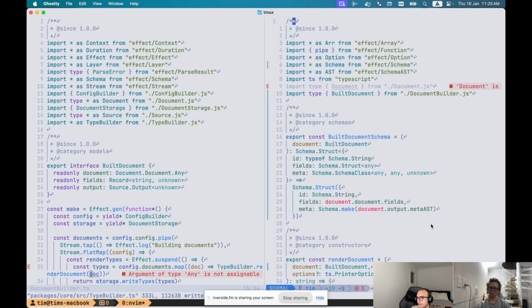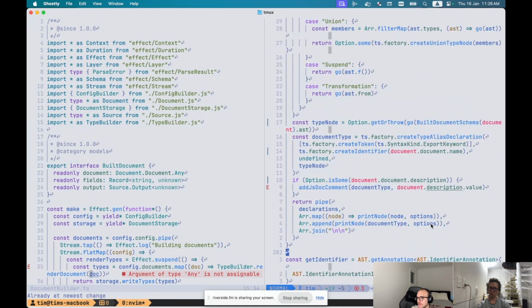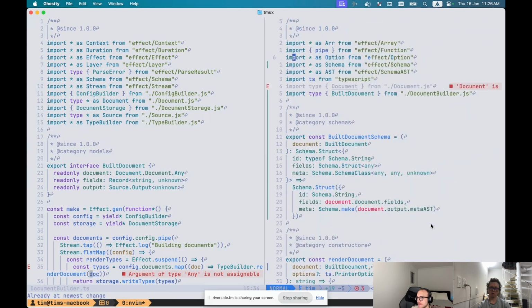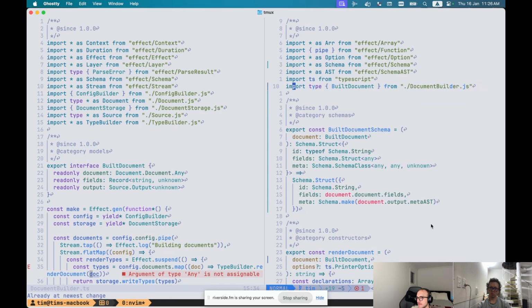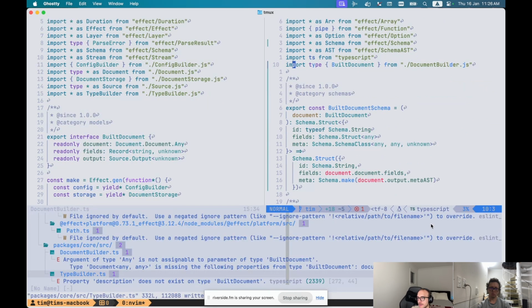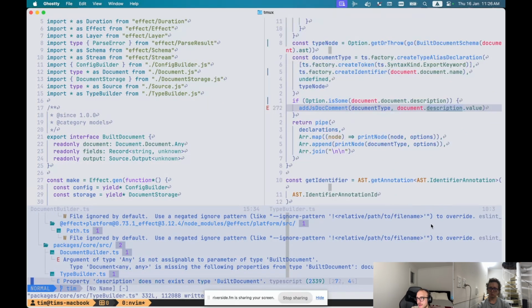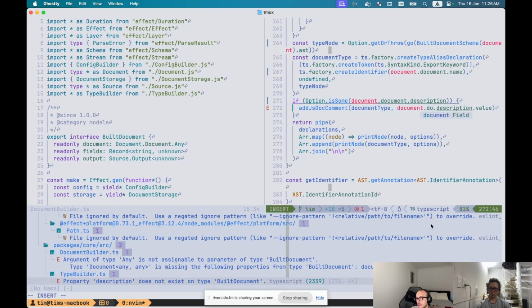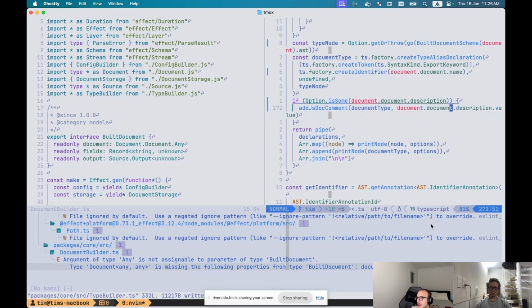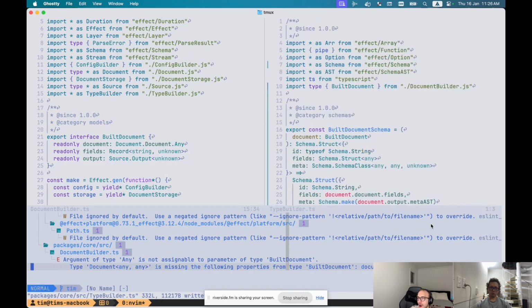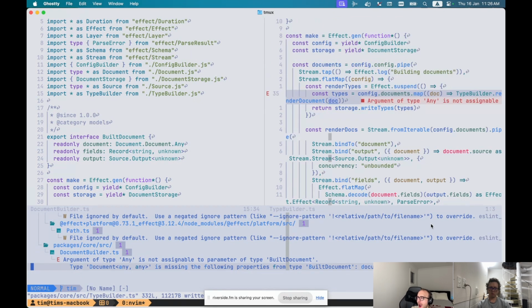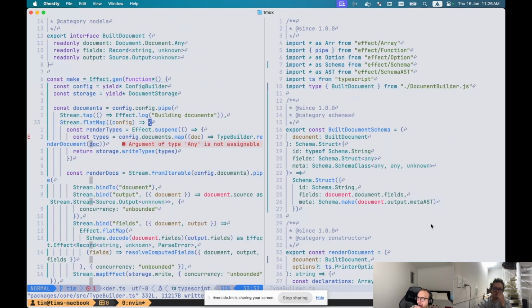So we can get rid of, what's he complaining about? Nothing. He's still in there somewhere. There you go. Alright, that's good. So here, instead of passing the document,